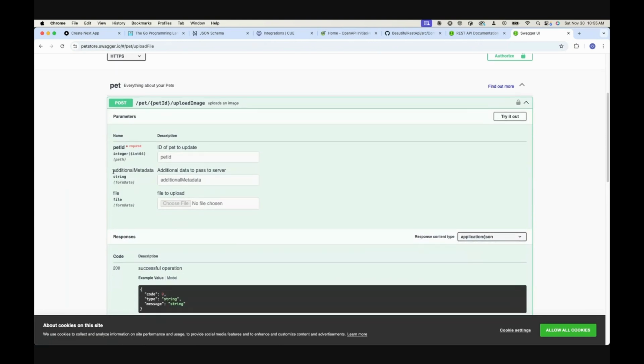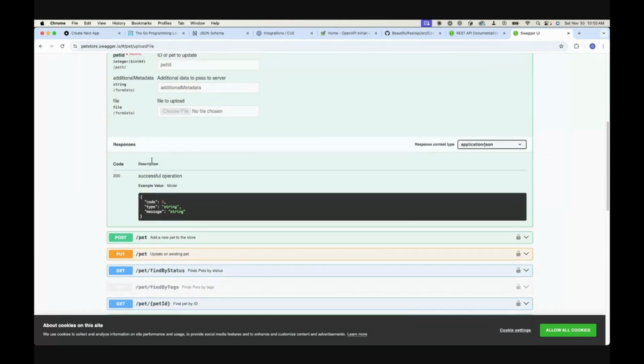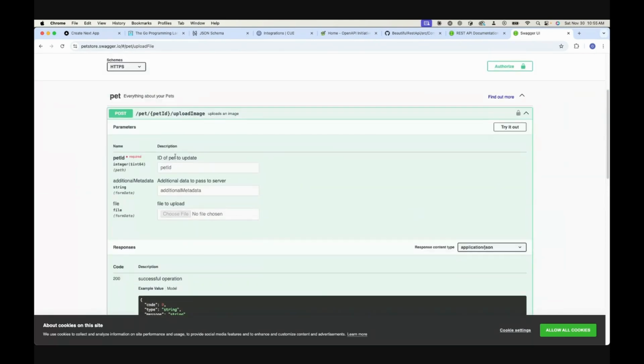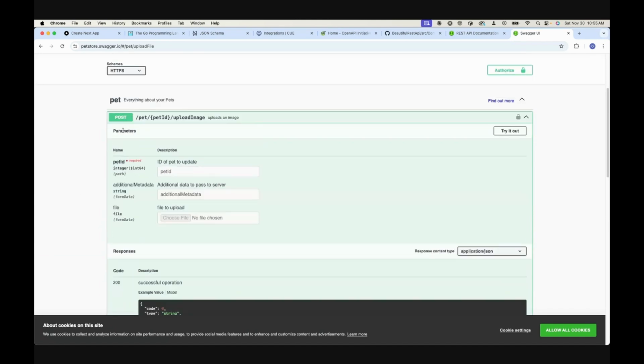So the Swagger UI that I was referring to is this one. You can see what type of parameters are required for the server to process the request. And then this is an example of what the server response may look like. And also,